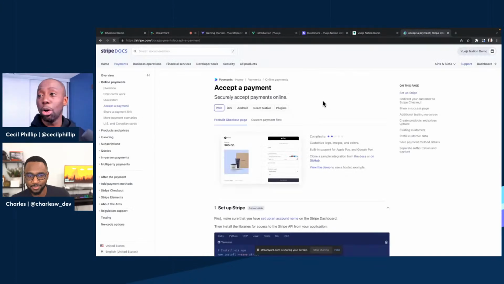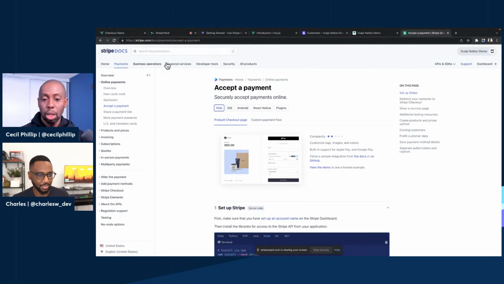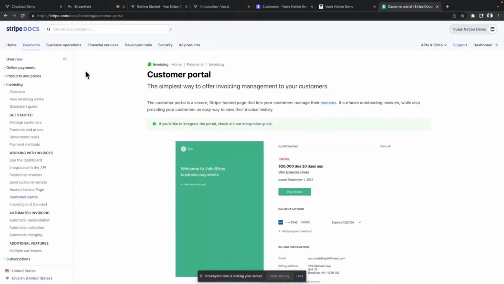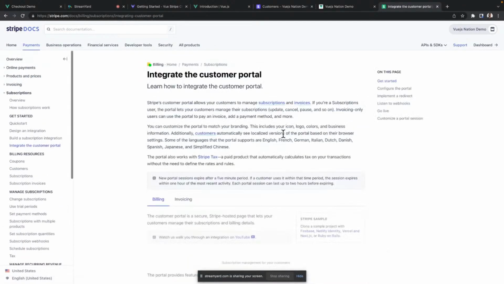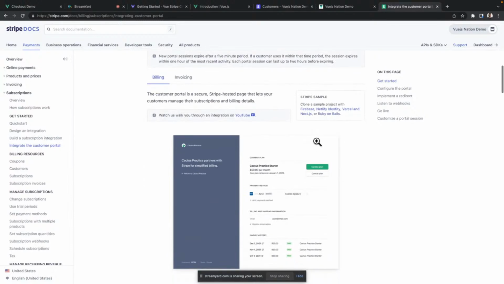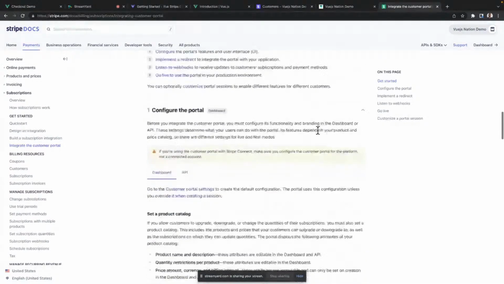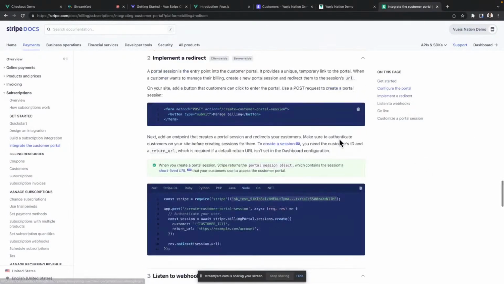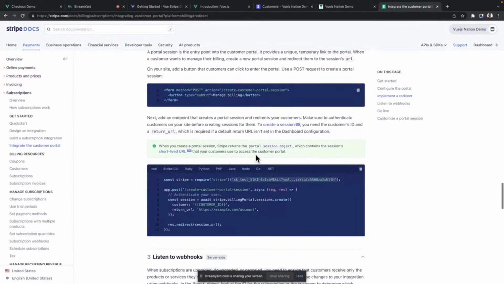Also, we're running a little low on time. I think we've got about 10 minutes. So let's take a look at this really quickly. Yeah, it flies. Let's see what this looks like. So let's just talk about integrating the customer portal. And thankfully, we have an integration guide here. Where should we get started? Let's just go to implement redirect. And legitimately, it's very, very similar to